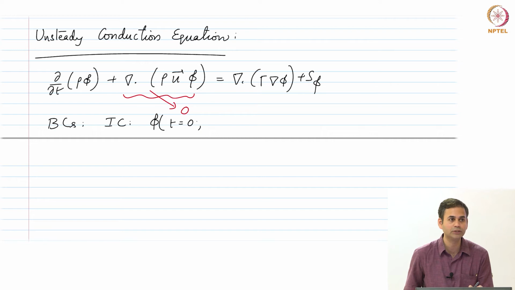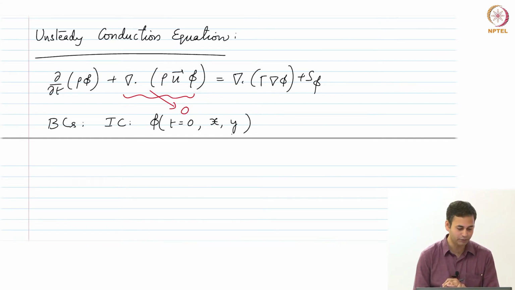And where do you want it to be specified? Everywhere in the domain or only on the boundaries? Everywhere. Essentially you want it for all x and all y, right? You want a condition to start off with. That is your initial condition, and then of course you have boundary conditions which are on the specific boundaries,